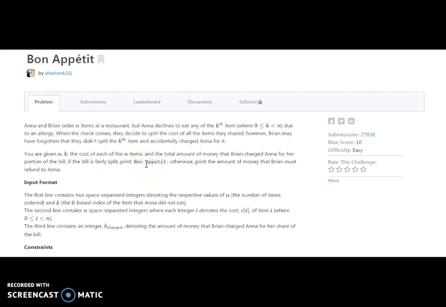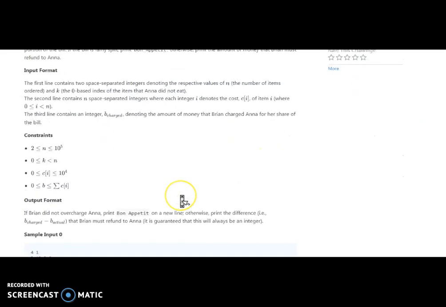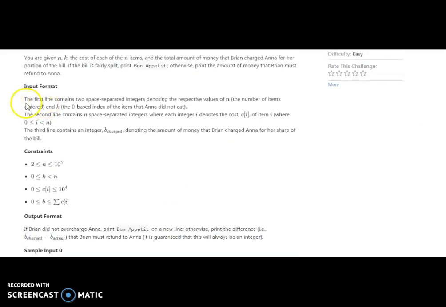Whatever they have split, if that is correct and fair, then we should print Bon Appétit. Otherwise, we should print the amount of money which Brian must refund to Anna. So how will we take the input? The first line contains n, the number of items, and k, the item which Anna doesn't eat.